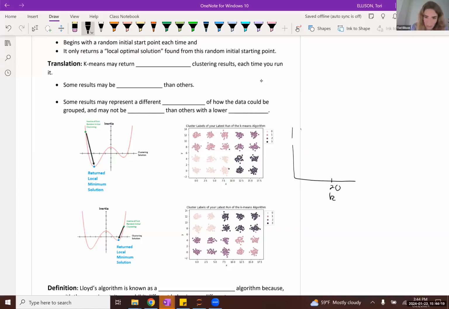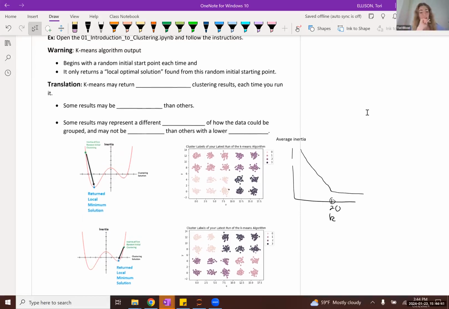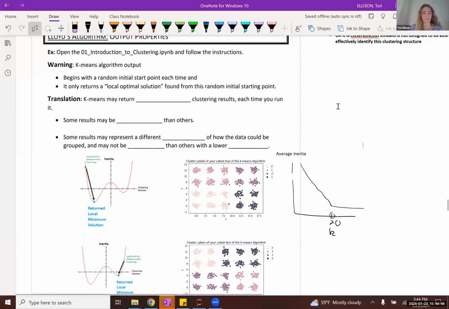most likely is the strongest elbow showing up here at k equals 20. We would have seen that in all likelihood, this particular data set has about 20 inherent clusters. Now, let's just say we decided to not cluster the data set into 20. Maybe we didn't know about the k-means elbow plot, and so we decided to just cluster this data set into 4 clusters.